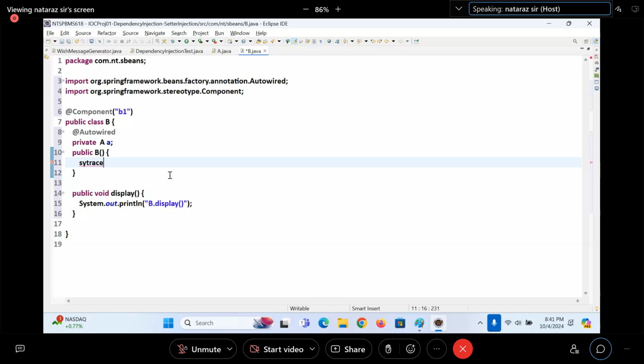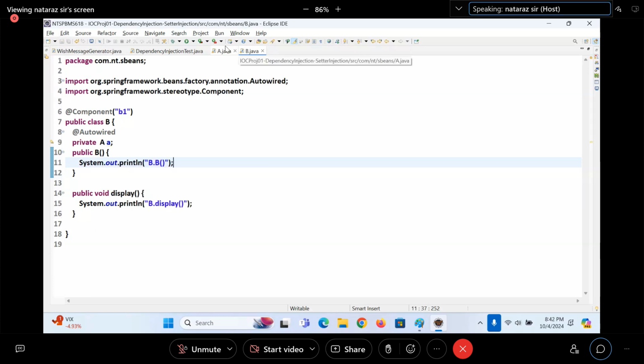I said except the constructor injection, the remaining all injections support what? Circular injection. Did I say that one? You can do one side setter, one side constructor. One side field, one side constructor also you can keep. That also supports cyclic injection, guys.